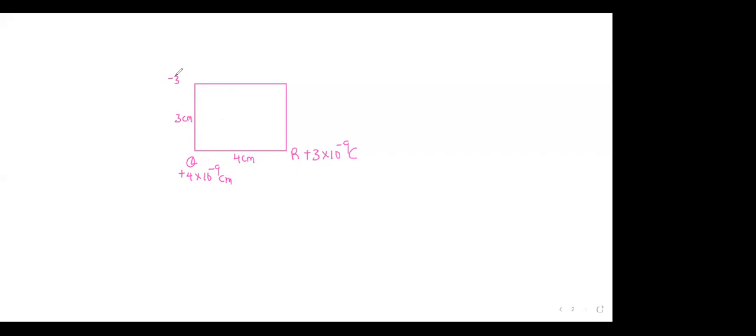This is negative 3 times 10 power negative 9 coulombs. So this is point P here, and then this is point S. So I can write the question. Three charges of negative 3